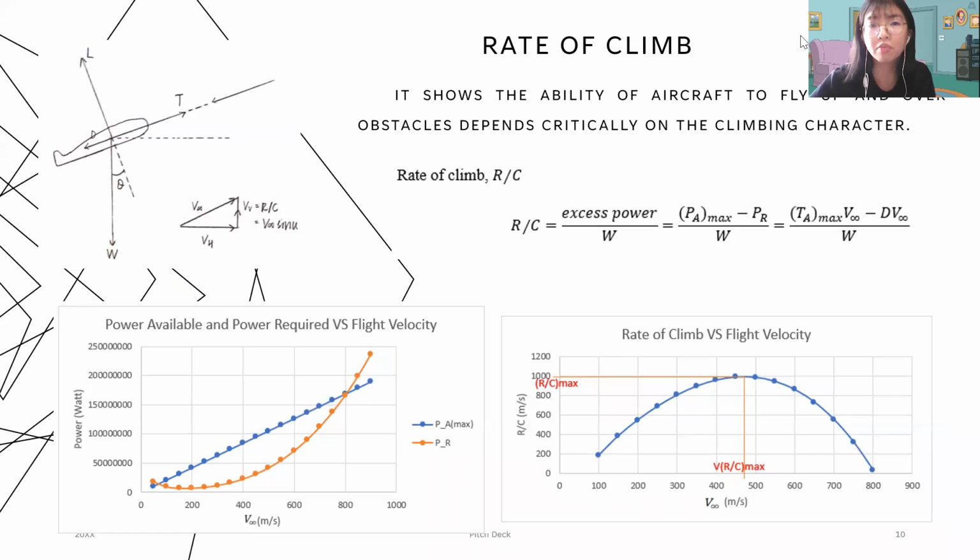Next is rate of climb. The ability of our aircraft to fly out and over obstacles depends critically on the climbing characteristics. Rate of climb is equal to excess power divided by the weight of the airplane. The first graph shows the power available and power required versus flight velocity, while the second graph shows the rate of climb versus flight velocity. We can see that the maximum rate of climb is around 1,000 meters per second, while the flight velocity at this maximum rate of climb is around